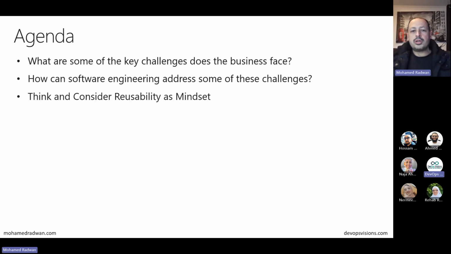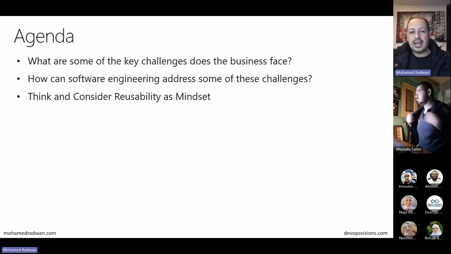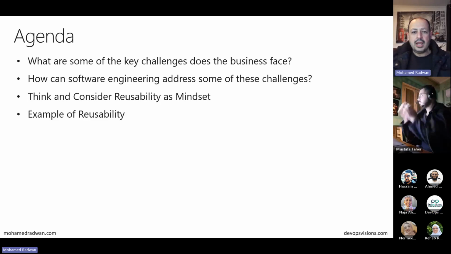And then we will start introducing the main topic of our session today, which is reusability. Here we would like to focus on using reusability as a mindset. It is not just an idea or some reusable code or function, but a completely different mindset. After that, we will give you a few examples of reusability in several areas.